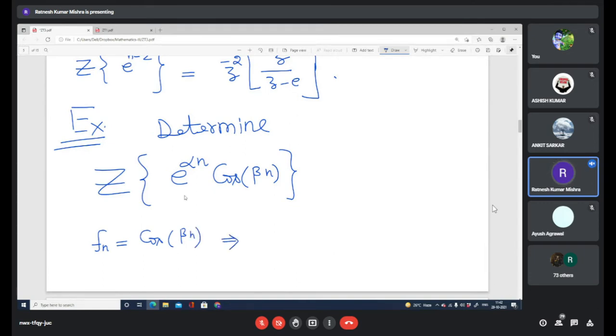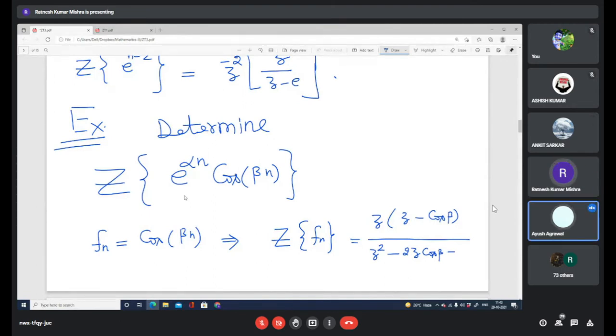So therefore Z transform of f(n) is z minus, क्या बोला था, cos beta, divided by z squared minus 2z cos beta plus 1. So this is f(z). ठीक है।